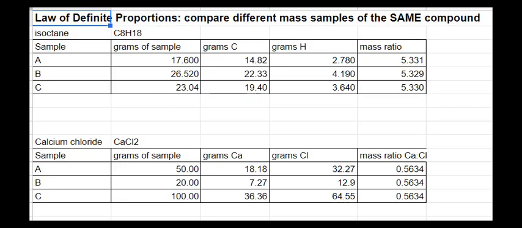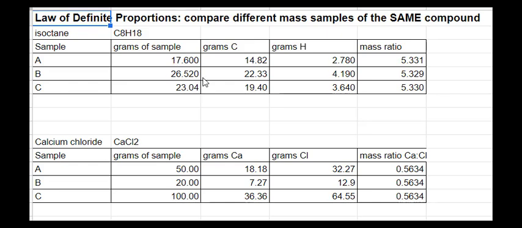So let's first take a look at some samples of isooctane, a compound containing 8 carbons and 18 hydrogens. So if we have a sample of 17.600 grams and 26.52 and 23.04, let's imagine somehow the grams of carbon and the grams of hydrogen were determined. How that happened, we're not too concerned about that right now. So these two mass quantities of carbon and hydrogen will sum up to the mass of the sample,